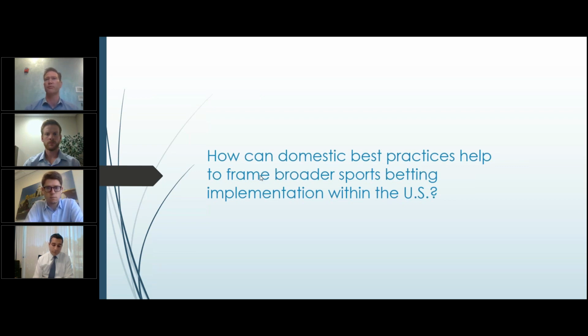Amazon somehow knows exactly what book I'm going to read if I pick these shoes and maybe that pair of jeans. And that's done by collecting massive amounts of data and analyzing it, putting that into algorithms and using machine learning to figure out what it is that everybody wants, and then being able to provide that very personalized service. If I only bet on the Tennessee Titans and the Nashville Predators, then just serve me that information, and that's going to be the wave of the future, certainly when we talk about the next 3 to 5 years. But the best practices that are happening in other industries, I think we can apply those to sports betting